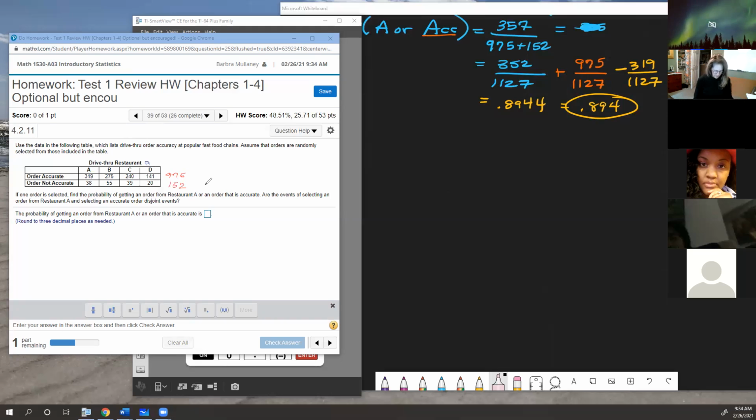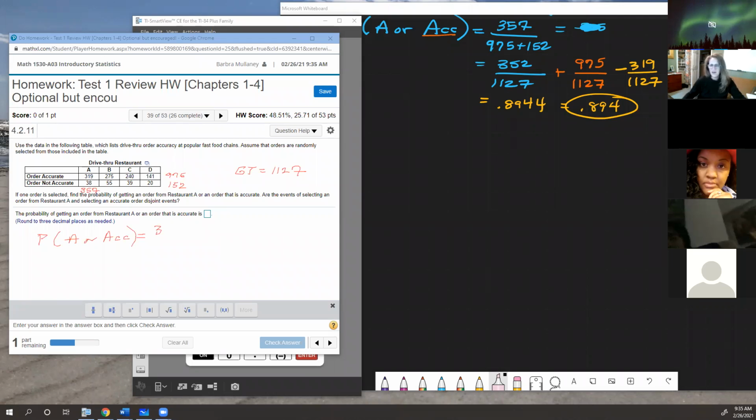And then the grand total, 1127. That looks good too. And then we need to find, it says restaurant A, right? So we need to get the total of A. So that's 357. Okay. So the probability of getting an order from restaurant A or an accurate order is equal to